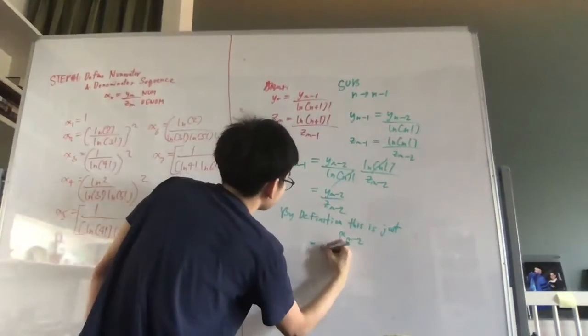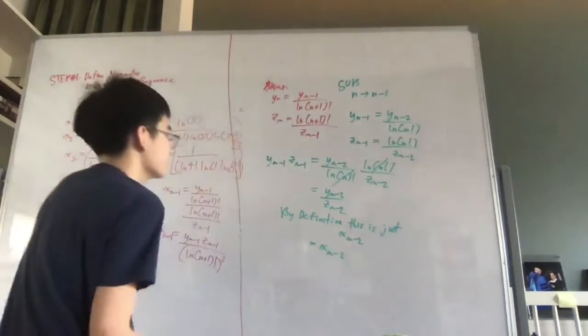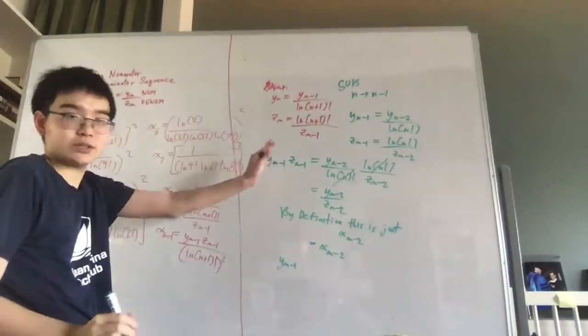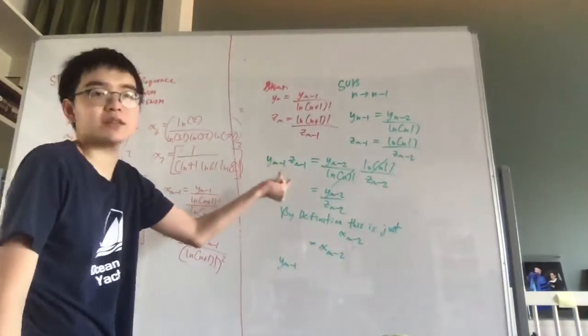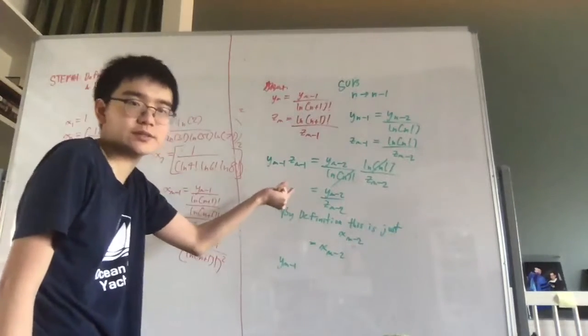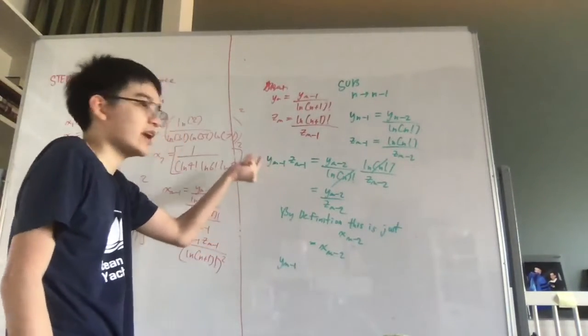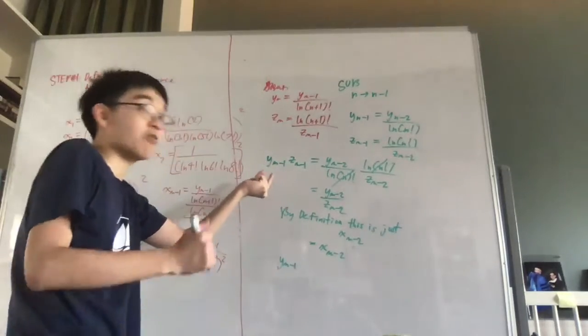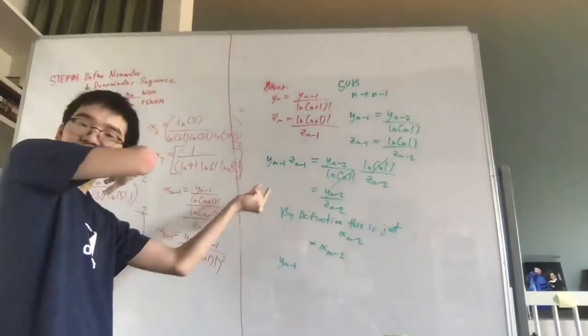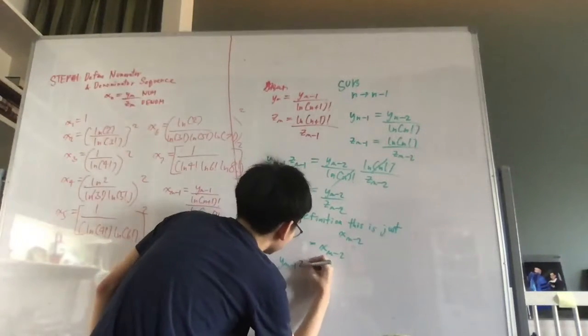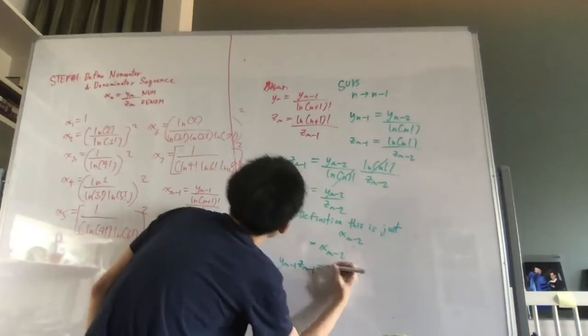So this becomes x_{n-2}. So we're left with this incredible result: if we take the product of the numerator sequence and multiply it by the denominator sequence at one stage, we end up getting the ratio for the sequence before that. That makes sense when you do it beforehand. So y_{n-1} times z_{n-1} equals